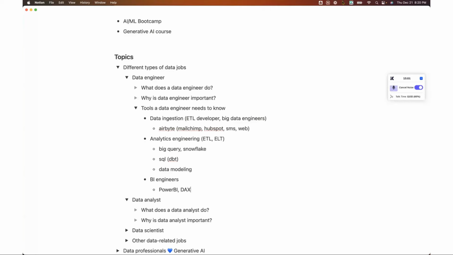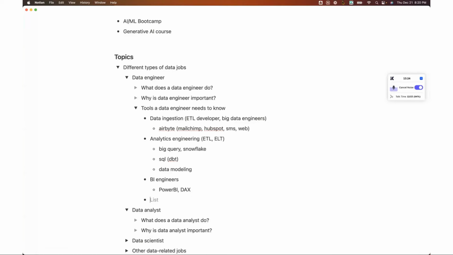But this can fall under the data analytics or BI career path, but there are also BI developers who are very strong in data modeling. So they know how to build efficient data models so that the queries can run very fast, and that really serves the dashboarding purpose well.